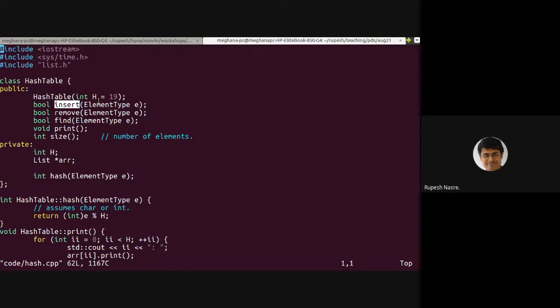So what we do, this print is essentially for us to debug, where each element of the array is actually a pointer to a linked list. So we are going to print each element of the array and what are the elements inside this linked list corresponding to that.